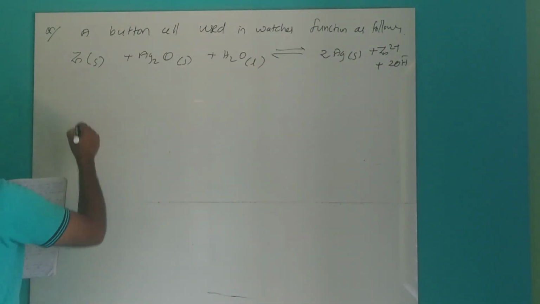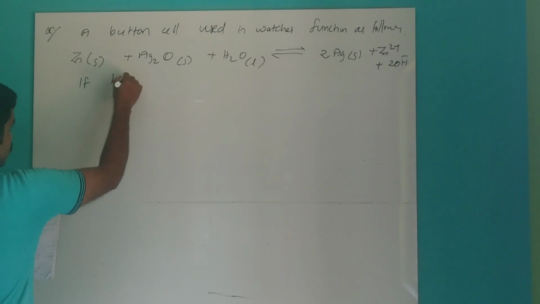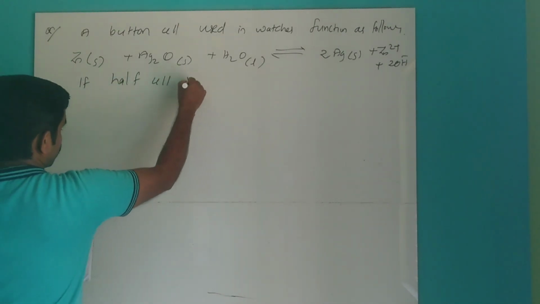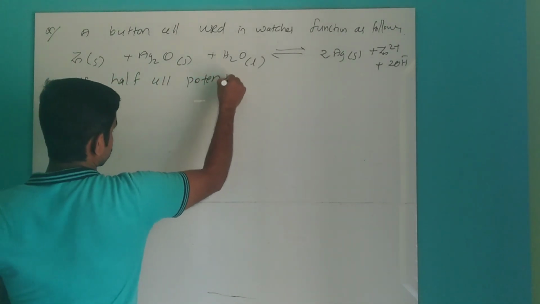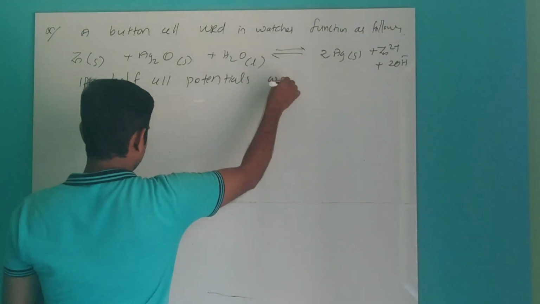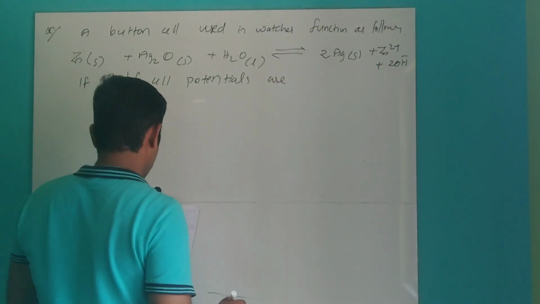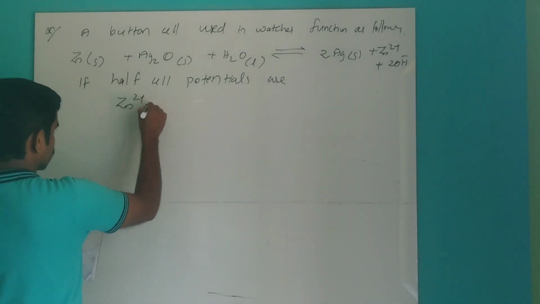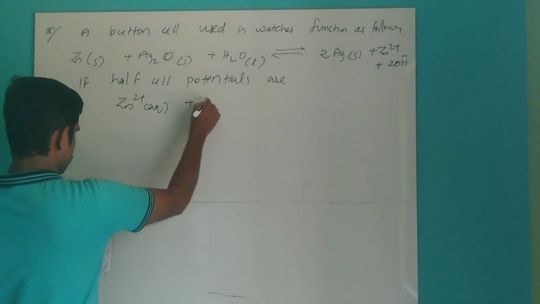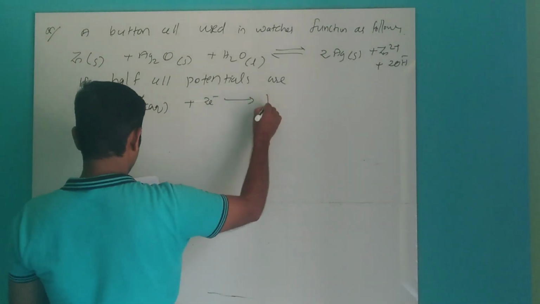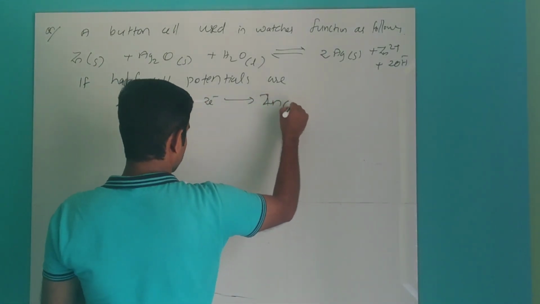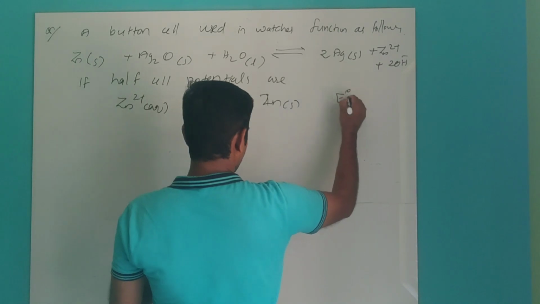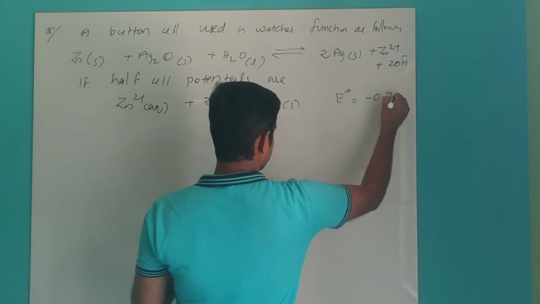If half cell potentials are: Zn2+ aqueous plus 2 electrons gives Zn, and its E0 value is equal to minus 0.76 volt,